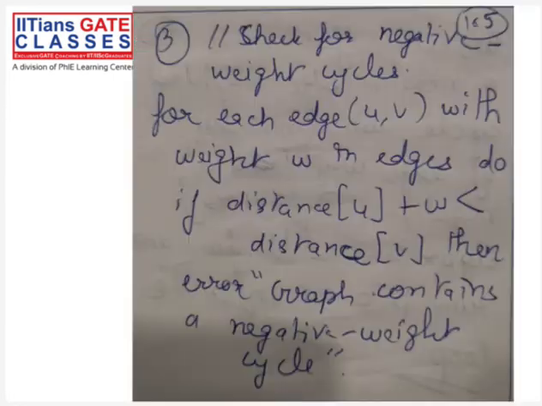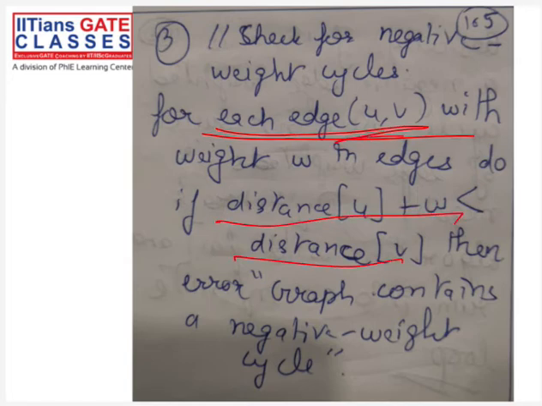Next, if there is a negative edge cycle, what you do is simply one more iteration for all the edges. For each edge, if this is still coming out to be less than this, then the graph contains a negative edge cycle. See, the reason is